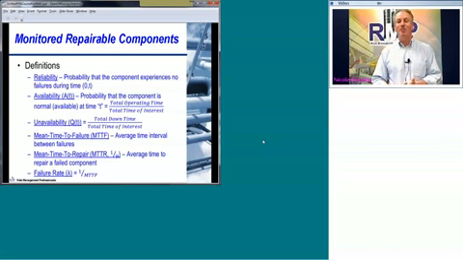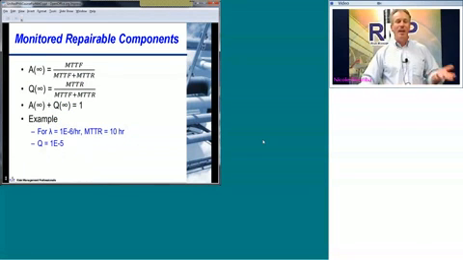Mean time to failure, we already looked at that, is the average time interval between failures. Mean time to repair is usually represented by MTTR, or 1 over mu, the average time to repair a failed component. And as we defined before, the failure rate, or lambda, is the most common representation that you'll see in equipment data books. That is 1 over the mean time to failure. When you're looking again at those same monitored and repairable components, if you're looking at